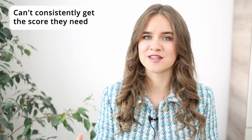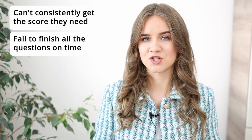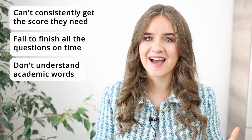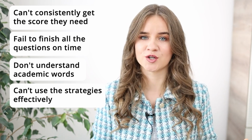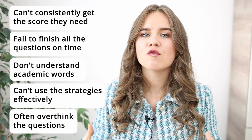focus on the reading instead because they 1. Can't consistently get the score they need, 2. Fail to finish all the questions on time, 3. Don't understand the academic words they come across, 4. Can't effectively use the strategies they learned for every question type, and 5. Often overthink the questions. So, if you're a TOEFL test taker and have no idea how to tackle the TOEFL